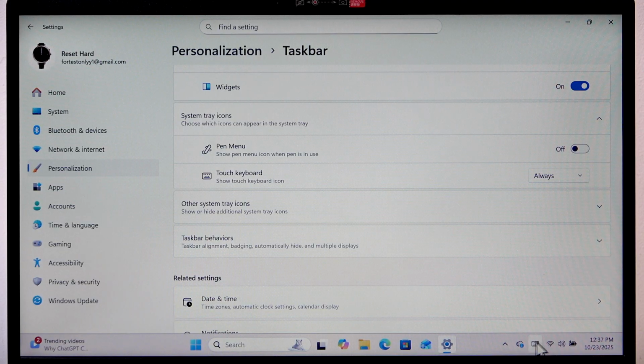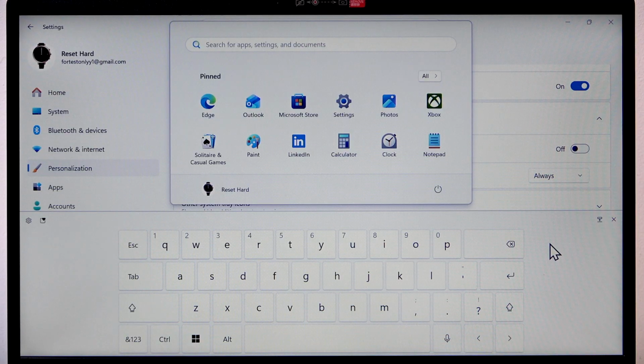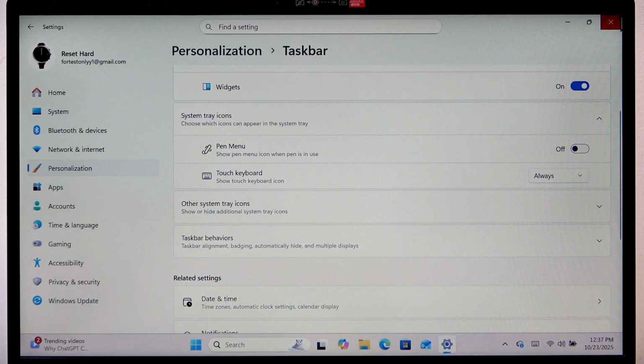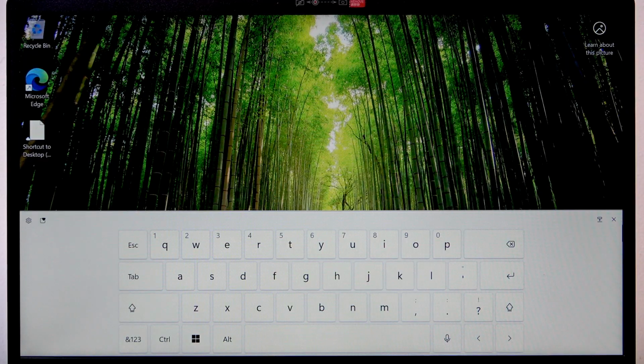icon on the taskbar, and if you click it, you will see this keyboard that you can also use just like a regular one, except it's not adjustable and it doesn't have a numpad. But if you close this keyboard, you'll be able to re-enable it anytime by clicking on the same icon on your